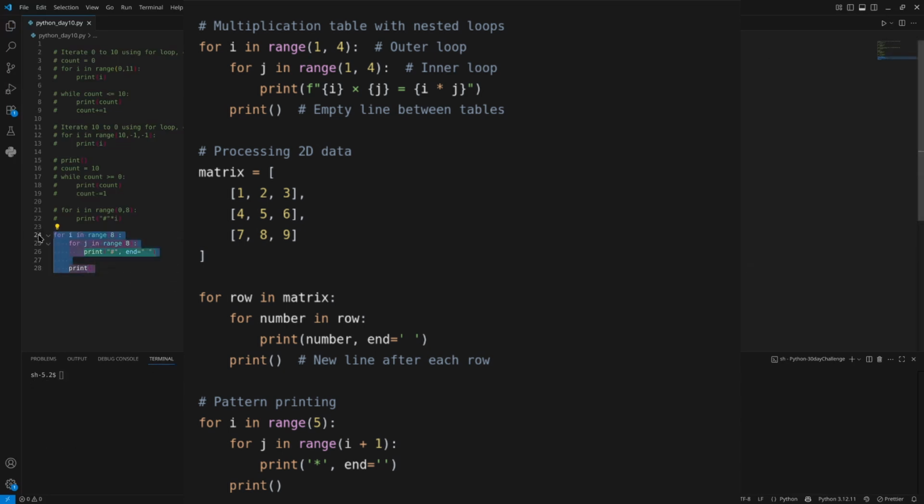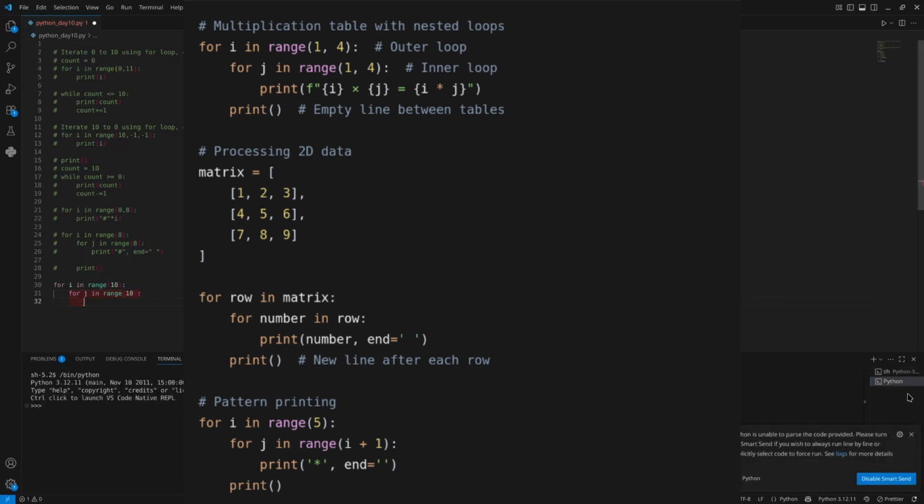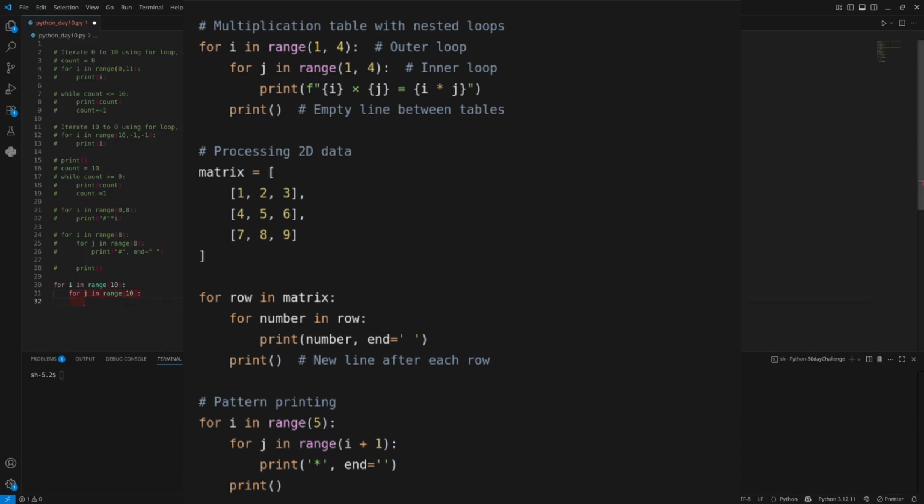In the next example, you can see it processing 2D data, and you're creating a matrix. And you can see in that list or matrix, for row in matrix, that's the outer loop, and for number in row. So there are 3 rows in the matrix because there are 3 lists, right? And there are 9 numbers, or 3 numbers per row. So then you'll print out number and the end, and you can leave another blank print